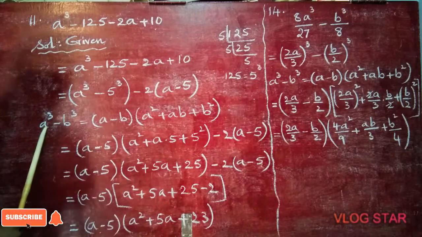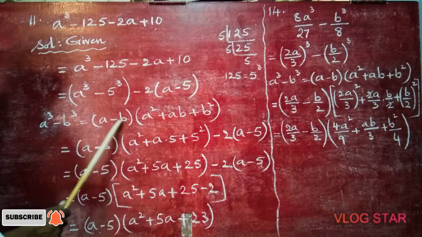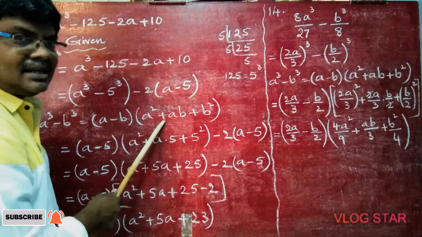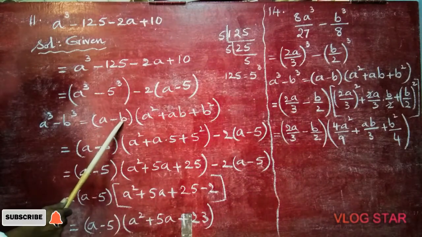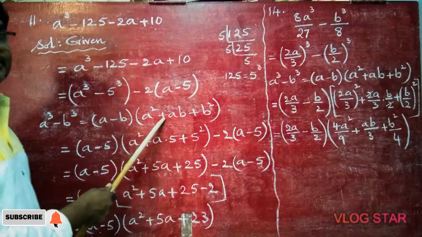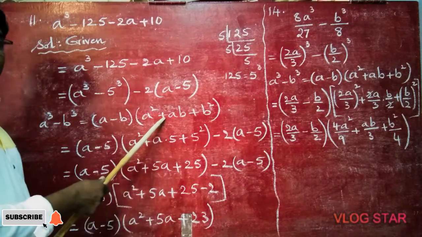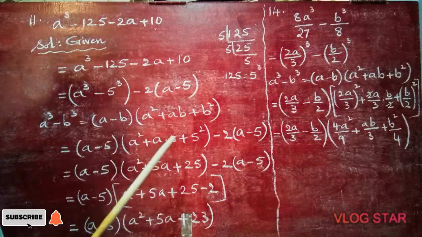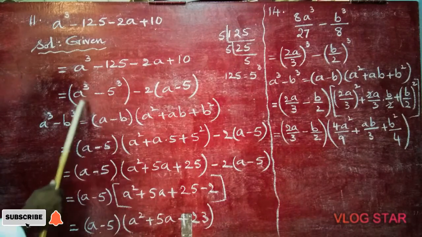So here a minus b is there. Here also a minus b. a cube minus b cube. So a minus, here minus is there. When minus comes here, automatic here plus comes. If it is a cube plus b cube, here a plus b comes and here minus comes. In this manner you learn these formulas. Don't learn by heart; if you do, you can't remember. Learn in a logical way. Now in the place of a, a is there.